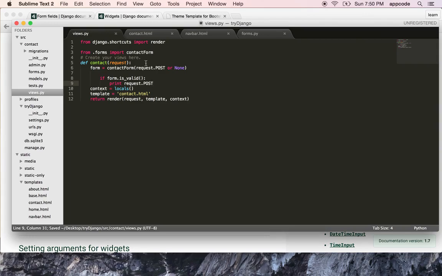So if there is post data, and if the form is valid, the post data will be printed in the terminal. Django handles the form's validation. The form is rendered through context. But to actually render the form, I need to render it in HTML. So open contact.html